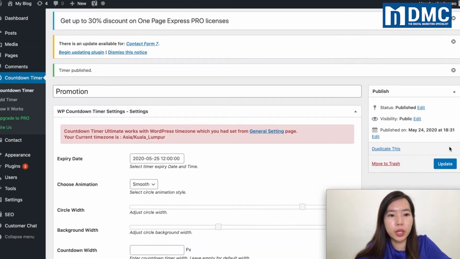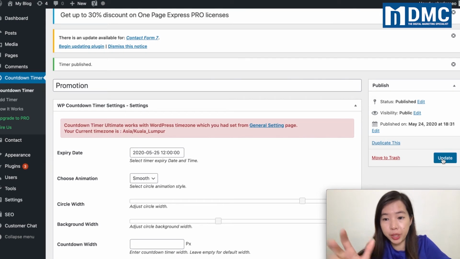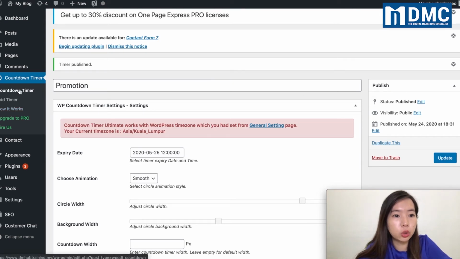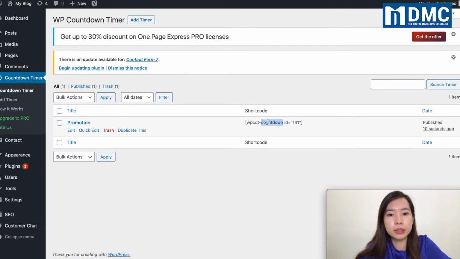And after you publish, you'll see that this button has been changed to update. So what you can do is go to the countdown timer tab again, and here we go. You can see that this is the shortcode. It will be coming out from that. Okay, so what you need to do is just copy and paste this shortcode, and